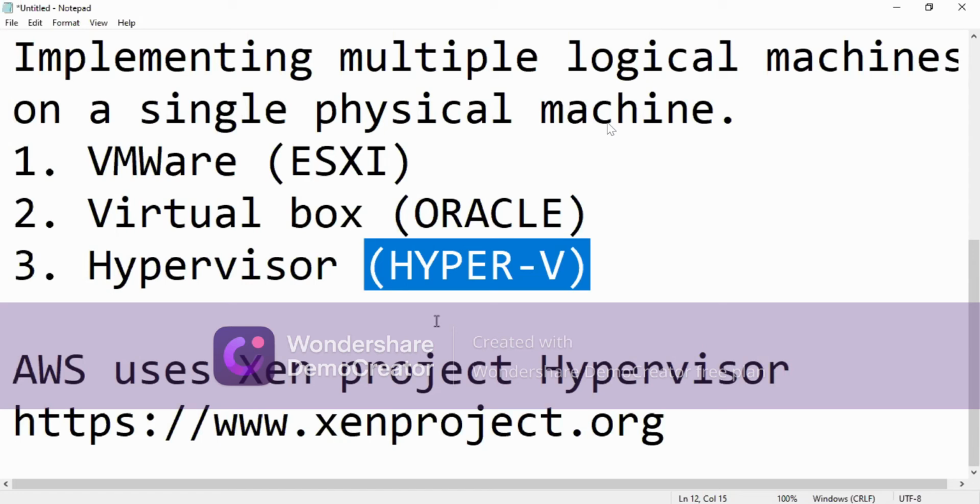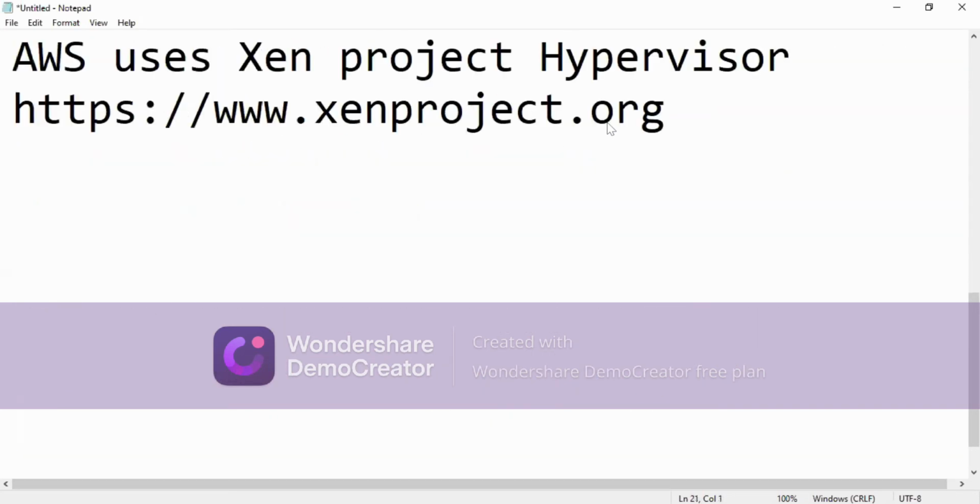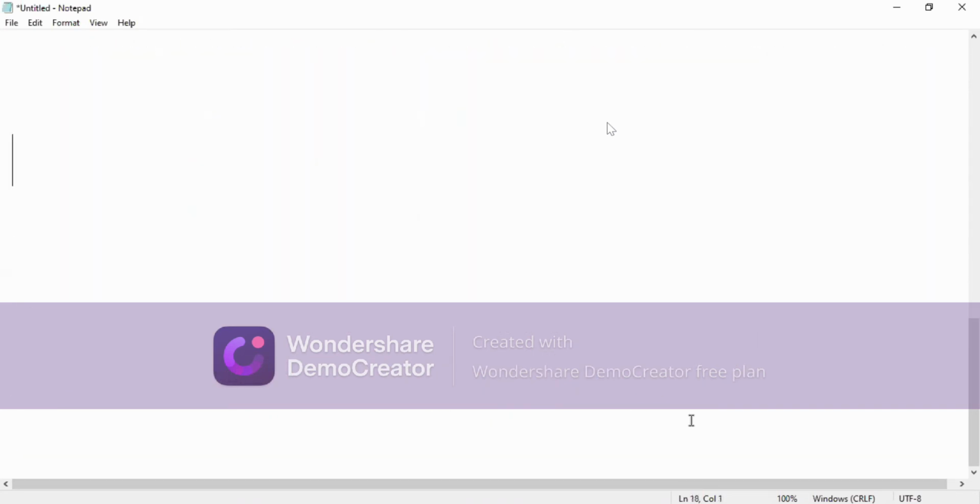Okay, right. So there are two different types of virtualization methods, which I'll explain here now. Two different types.